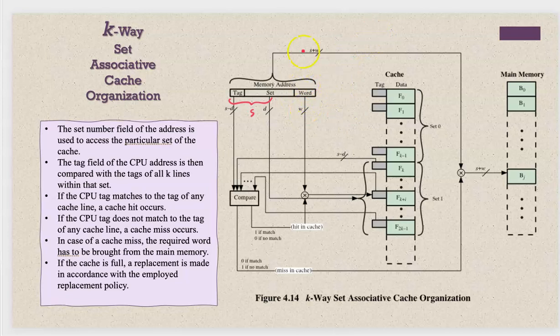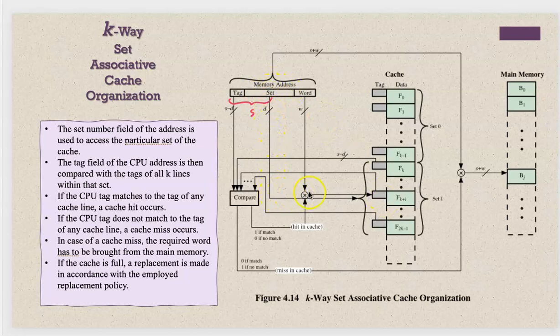Your word field is going to be the block offset or line offset, the data associated with the memory address. Okay, so the first thing that K-way set associative mapping would do is look at the set number field of the address provided by the CPU. The CPU is obviously requesting to read data from this memory address. It would first check its own registers. If it's not there, it will request it from the cache, and the cache would look at the set field and look for its own set. So let's say the memory address specifies to look at set number